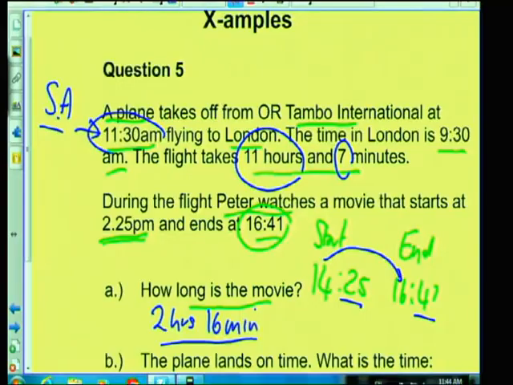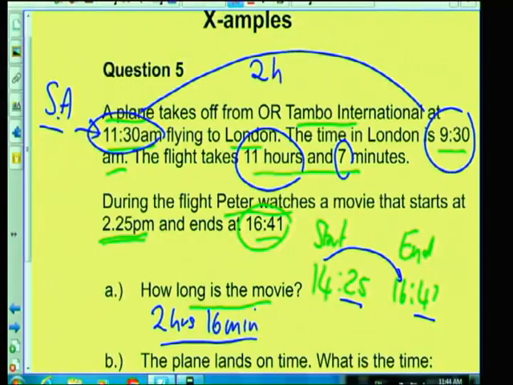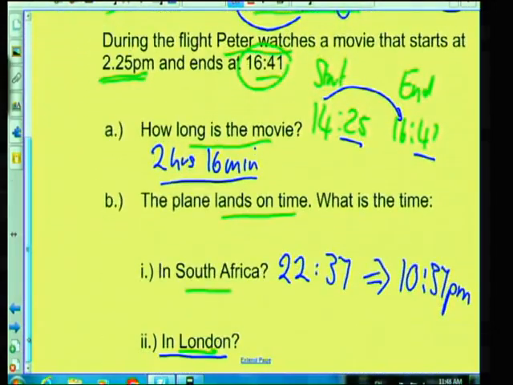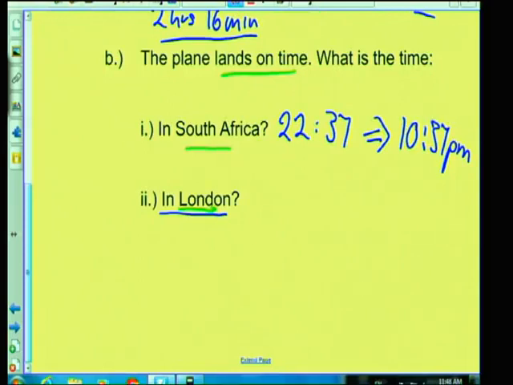Or we could do the following. We could say, well, hold on, what we notice is that 11 a.m. and 9 a.m., what's the difference in time? The difference is 2 hours. It's a 2-hour difference in time. And London was 2 hours earlier. Notice this is earlier. Okay? So that means that I can take 2 hours off this time and say in London it's going to be 8:37 p.m. or